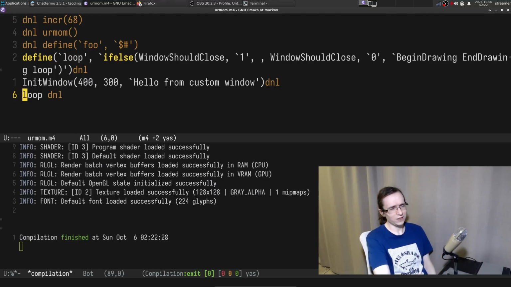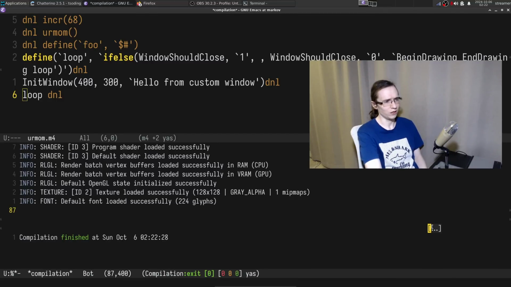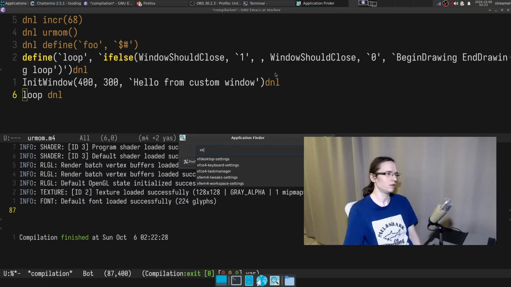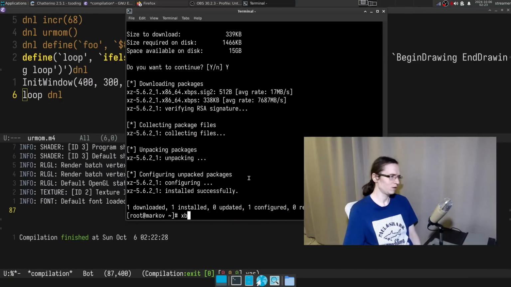Look, notice how it created this thing. You can't see it, but Emacs created this thing, which means it was shitting out a lot of things. And I pressed it and it actually made Emacs hang. So it was still shitting out some stuff, and I think this is due to no DNL in here. Right, so I think we need to xkill it. Do I have xkill? I don't have xkill! Okay, can I do xbps-install xkill super quick?